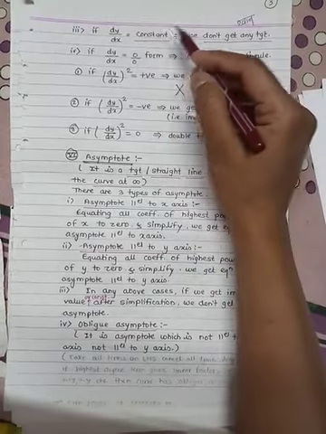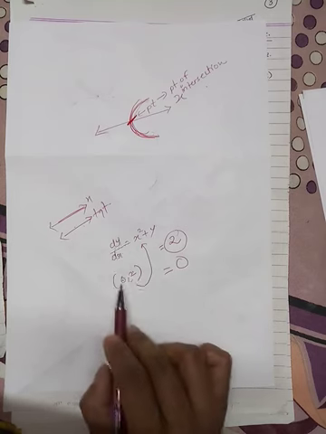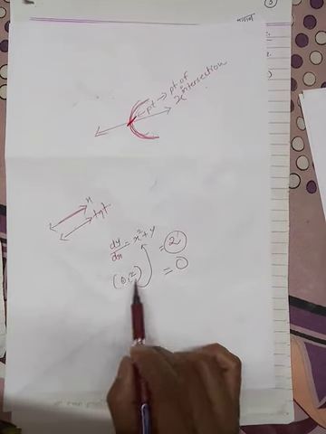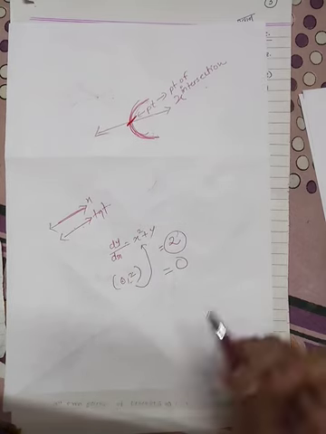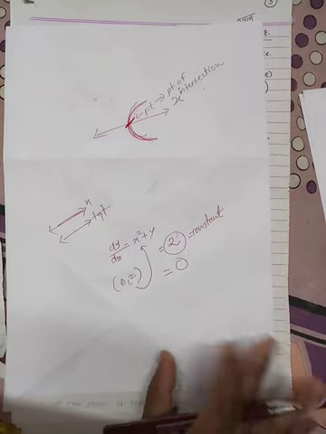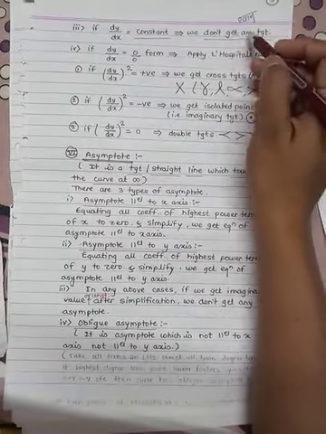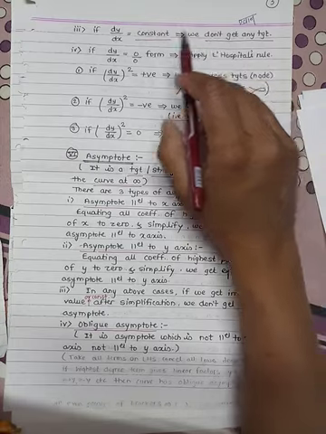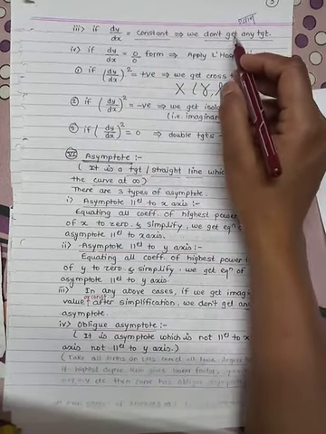If dy by dx is a constant term, as in this example, after putting the point of intersection other than the origin, that is (0, 2), we get dy by dx equal to 2, which is a constant number. If we get this conclusion, then there is no such tangent. So the conclusion is, if dy by dx comes out constant, then there is no such tangent.